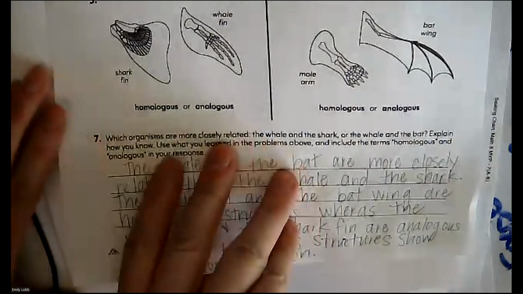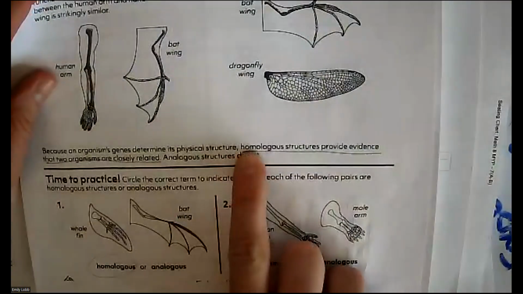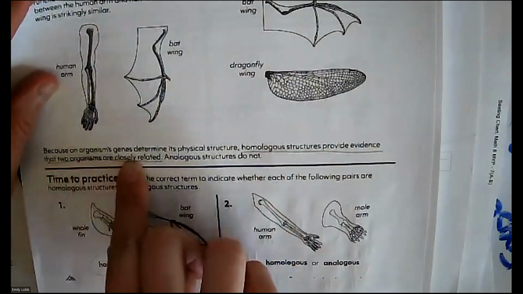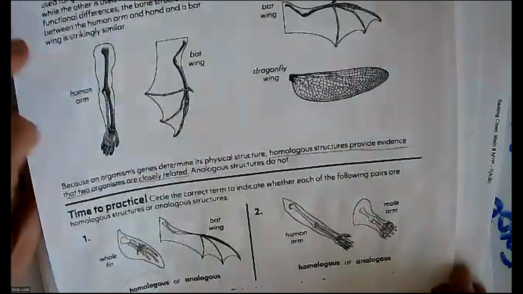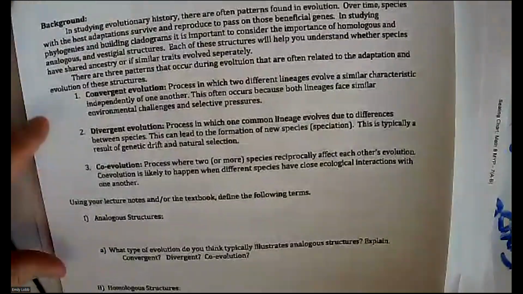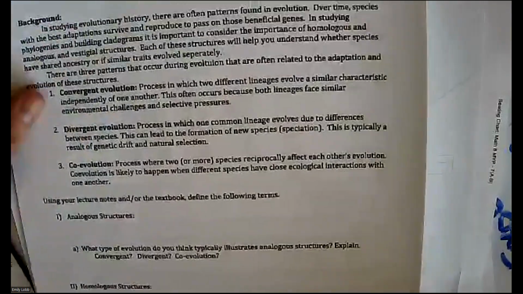Okay, so again, on this first page, be sure that you underline this part. It's very important. Homologous structures provide evidence that two organisms are closely related. So far, so good? All right, we're gonna do the same thing, but we're gonna start now on page 3,